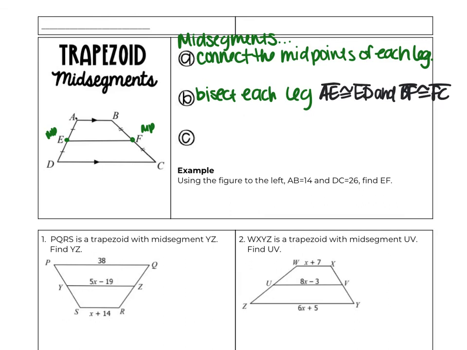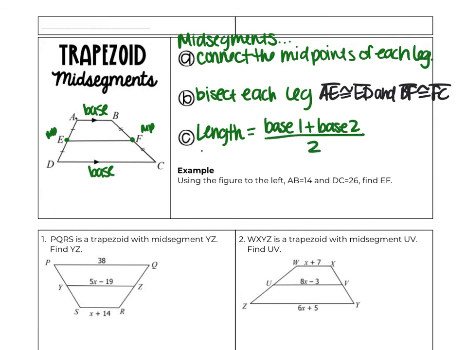Okay, and lastly, a mid-segment's length. So if you're trying to find the length, it is base 1 plus base 2. It doesn't matter which one you pick for 1 and 2, just add both of them and divide by 2. You can also think of this as just finding the average of the bases. So anytime you find an average, you add them and divide by how many, and there's always